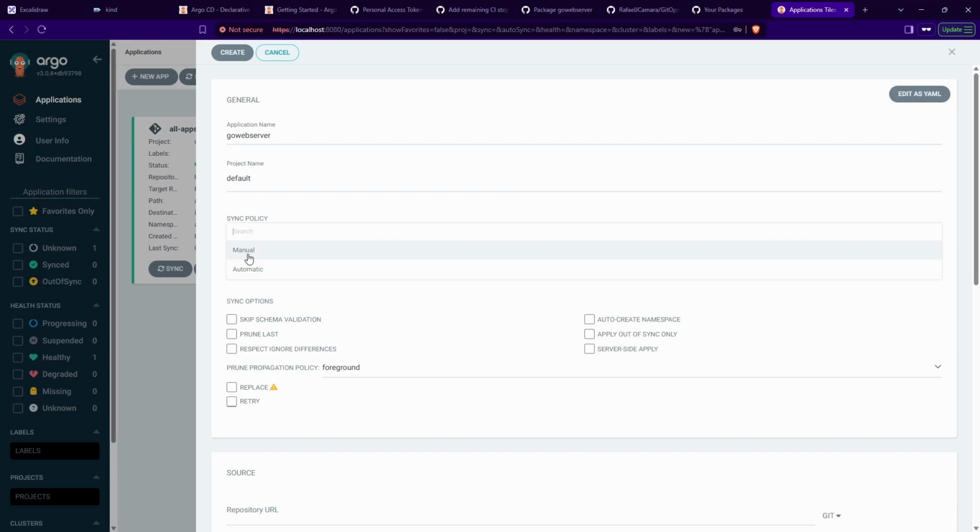With the manual policy, whenever there's a change, Argo will not automatically apply it. It will let us know that something is out of sync, and we have to manually trigger the change. Automatic will just automatically do the change. We will test both of them, but let's start first with manual, and then when we do something else in a few minutes, we'll use the automatic approach. So let's select manual,